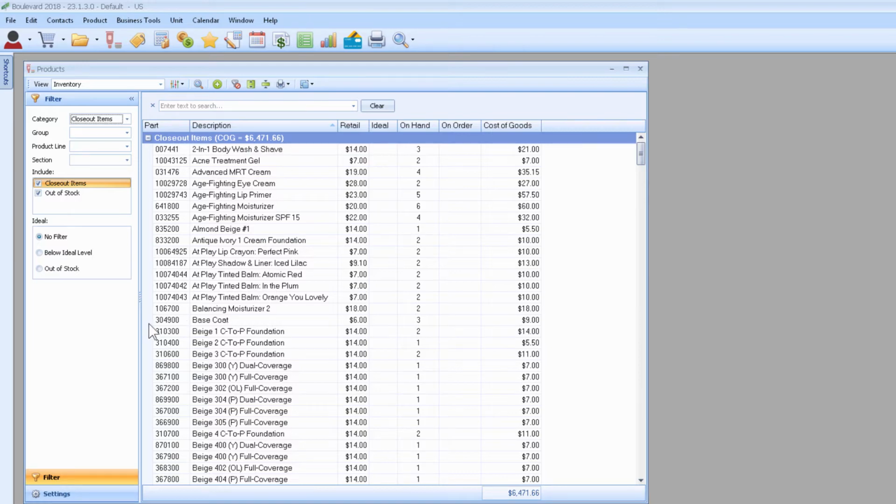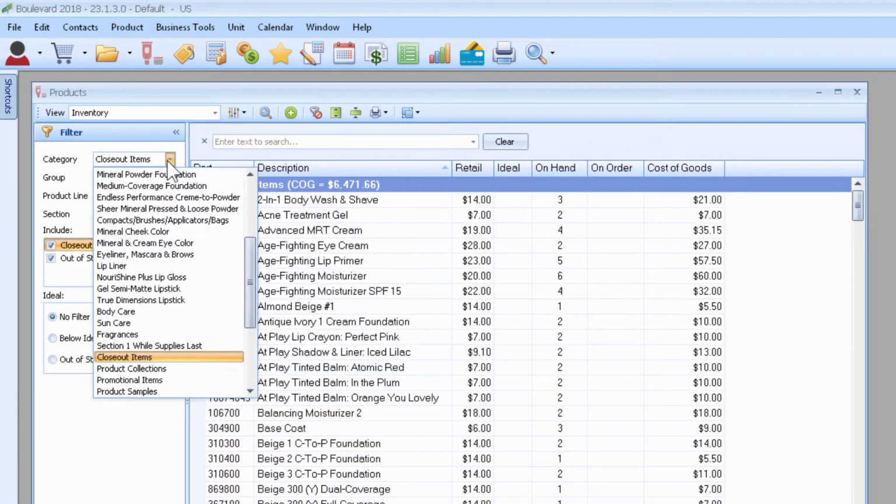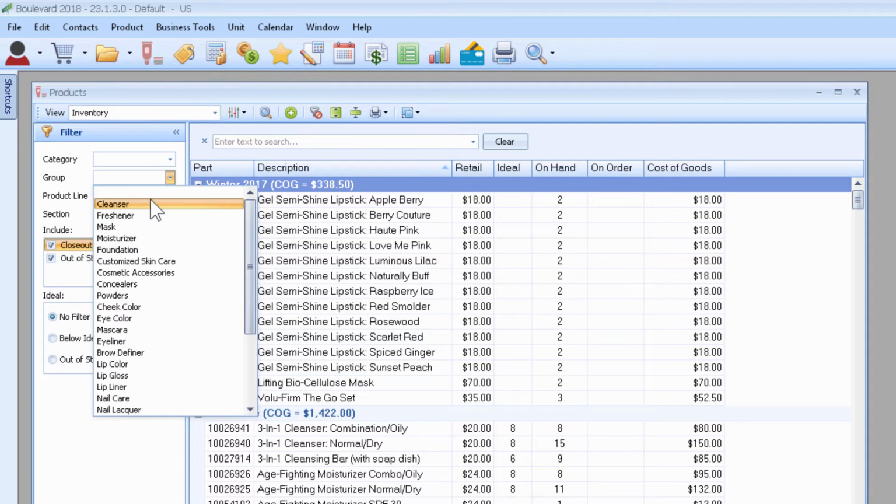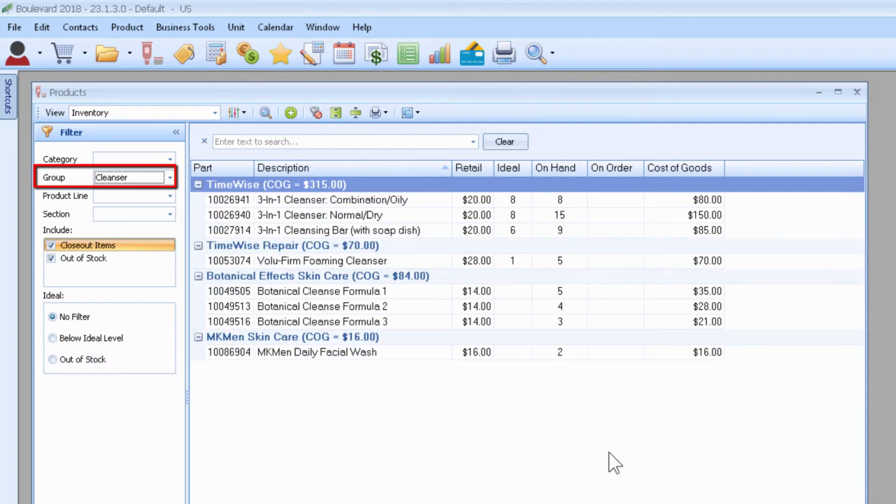Another tip is if you want to just count certain types of products. For example, if you want to only count right now what you have in your cleanser group, then you can choose the group listing cleanser and it will pull up any product in Boulevard that is coded as part of the cleanser group. Now keep in mind, if you are going to use this method, you'll want to make sure